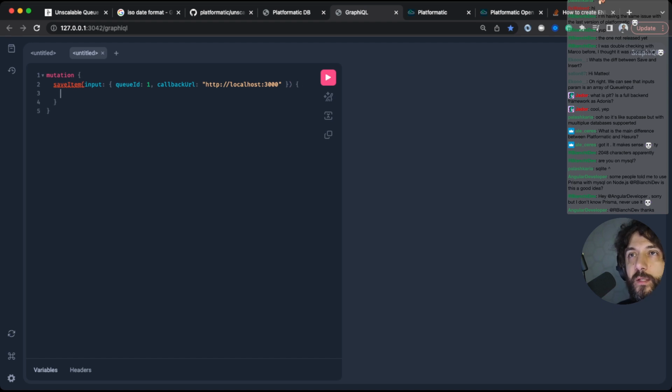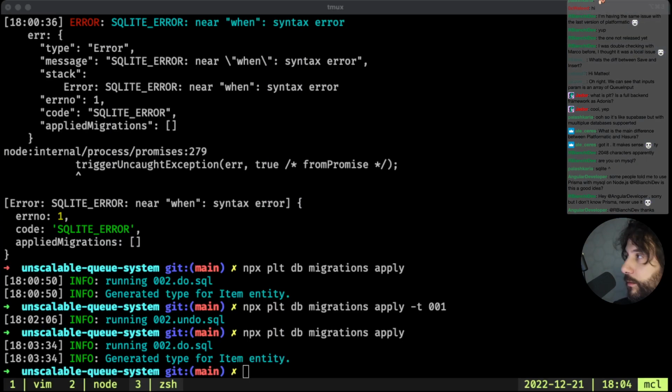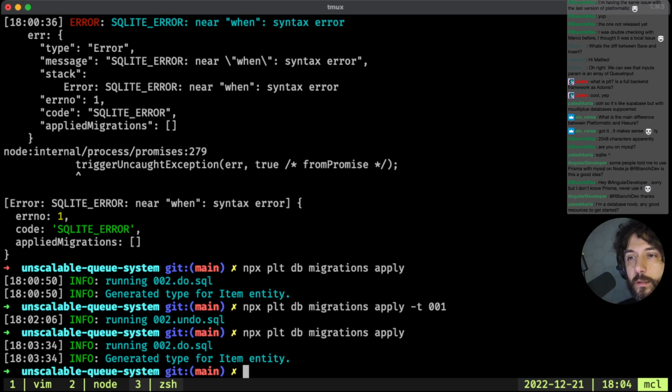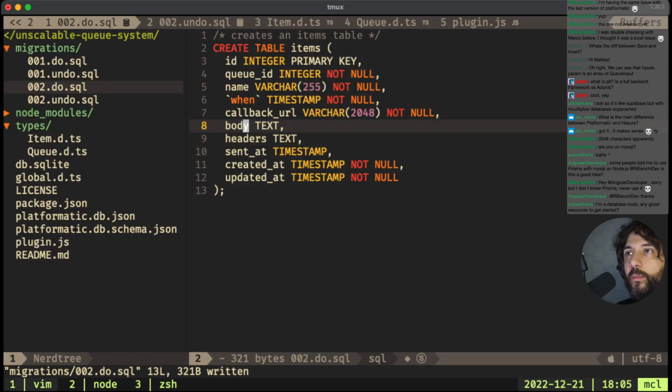Oh yeah, we need to have a few more data and maybe the method. Did I add the method? I don't think so. Here we go. Yeah, we need the method here.